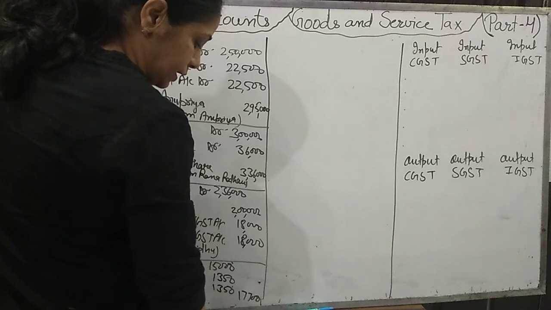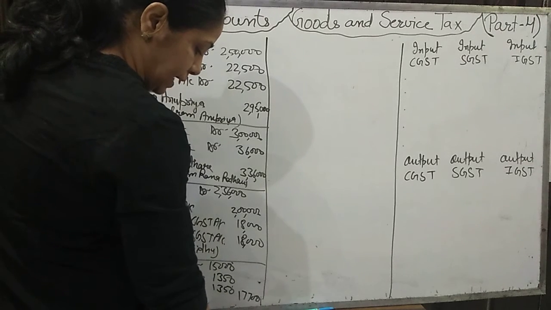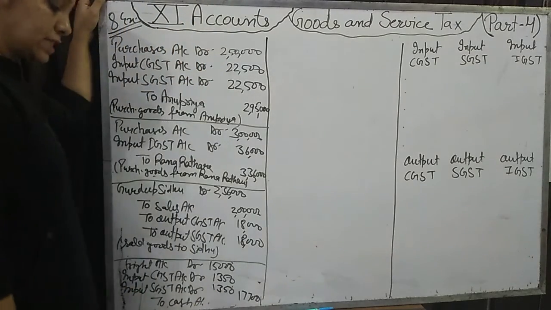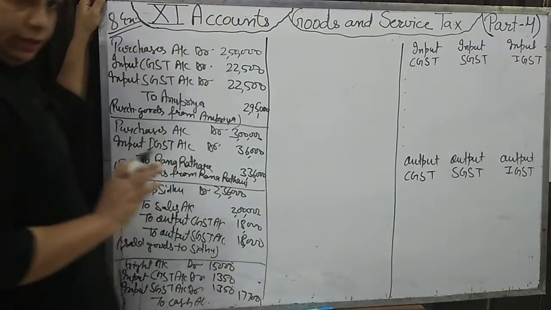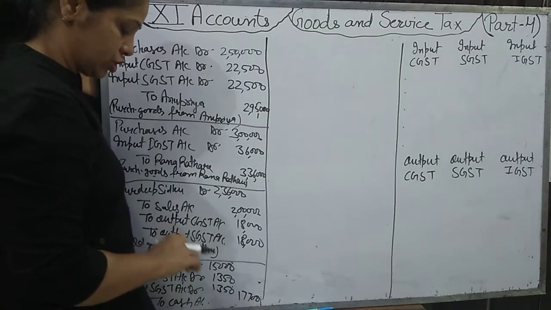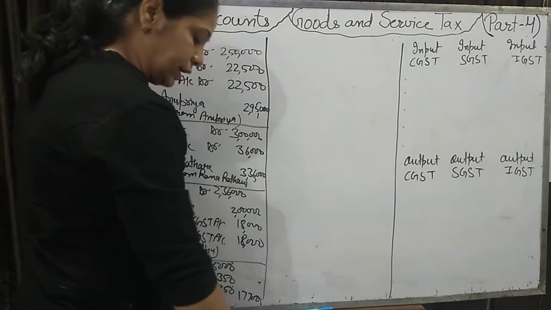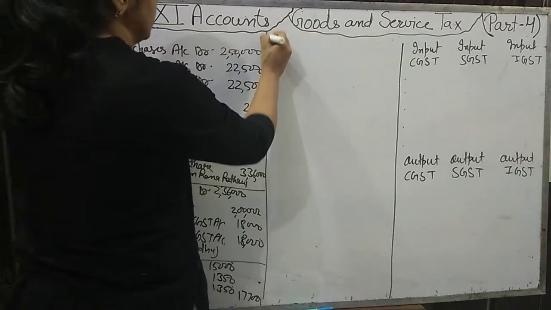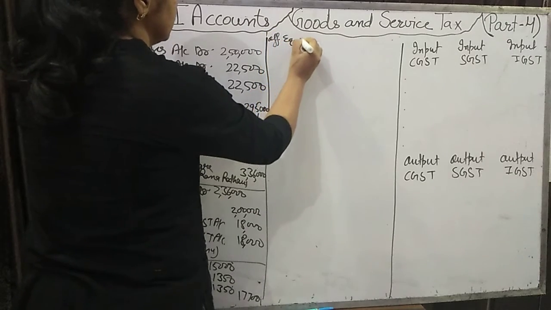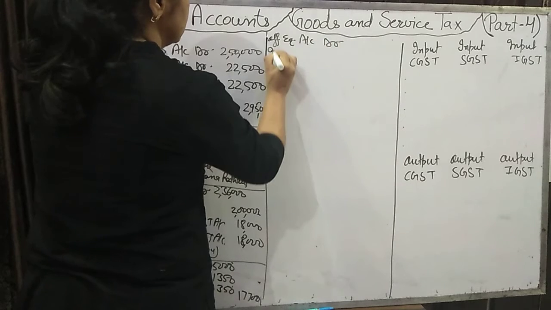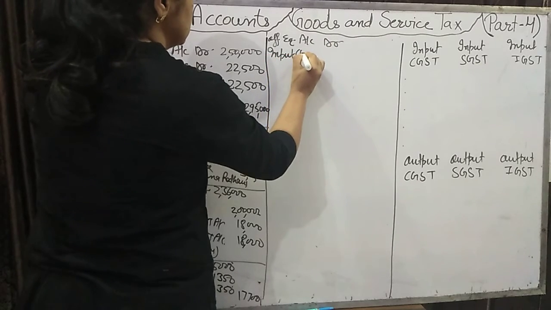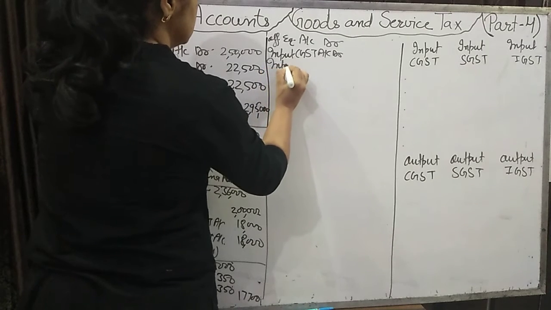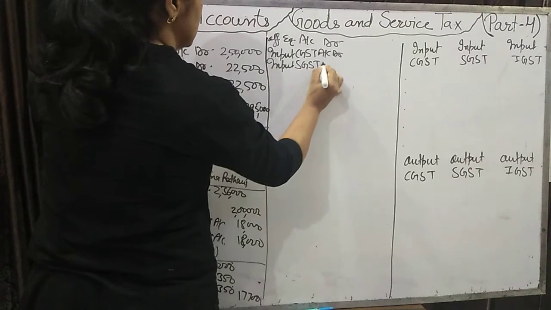Now next entry, it's on 16th Feb. Purchase computer printer for office for 8 lakh from Dell Limited on credit. Here also the name of the state is not given, so we assume that it's an intrastate transaction. Then we will charge here CGST and SGST. For computer printer we will open the office equipment account, debit, input CGST account debit, input SGST account debit.